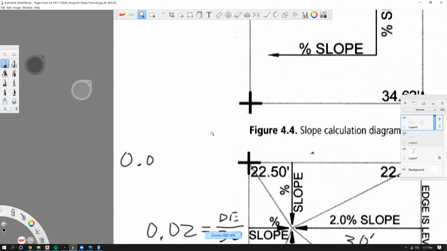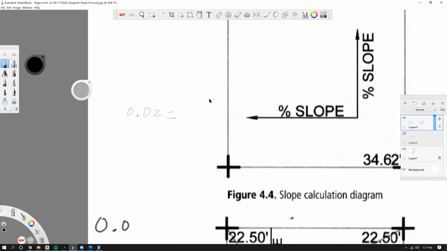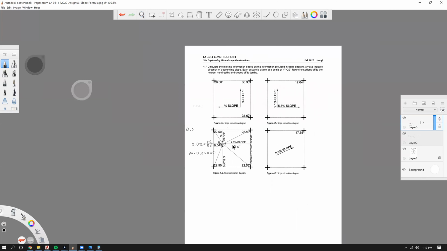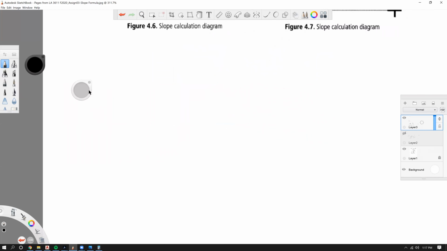Okay, so we have our 0.02 equals, this is too small. Let me fix this. Sorry guys, let's go down here. Okay,